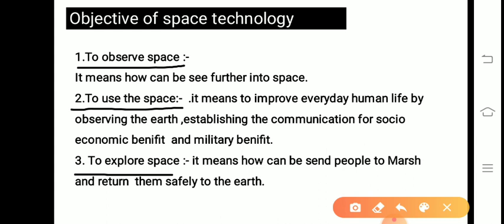Clear na? Of course, the third one is to explore space. It means how can we send people to Mars and return them safely to the Earth. So sending people and returning them back safely, this is our ultimate endeavor, our ultimate objective also, because in that